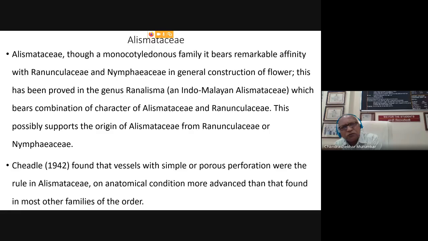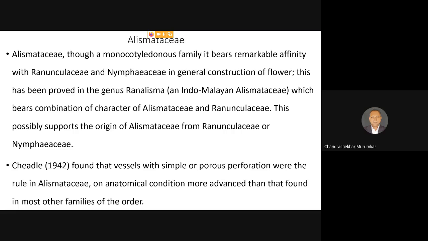Many of the Ranunculaceae, for example Winteraceae, Trochodendraceae, all these members are generally growing near the water body. These plants are succulent and grow near the water body. Because of that, Ranunculaceae, even though it is a typical dicot, is treated as a marshy plant, a marshy herbaceous primitive dicot family. Now, as Ranunculaceae grows near marshy areas, and Alismataceae grows as an aquatic herb, these two are obviously compared to each other.